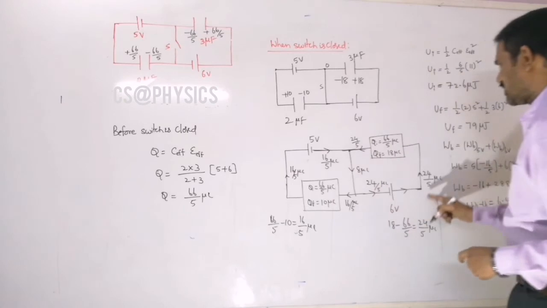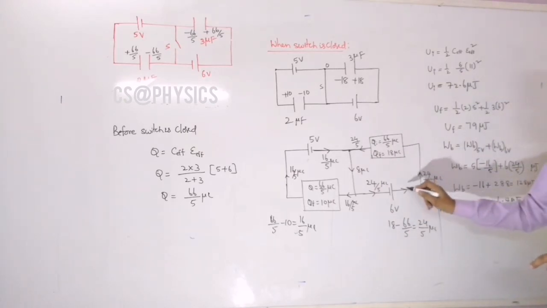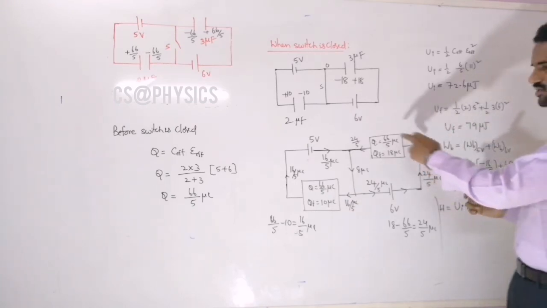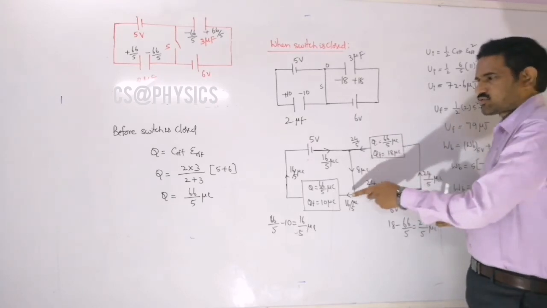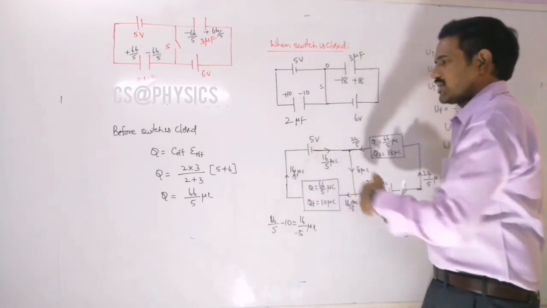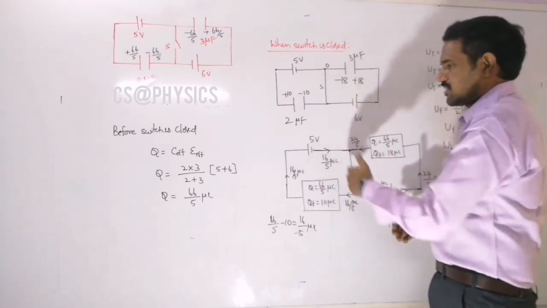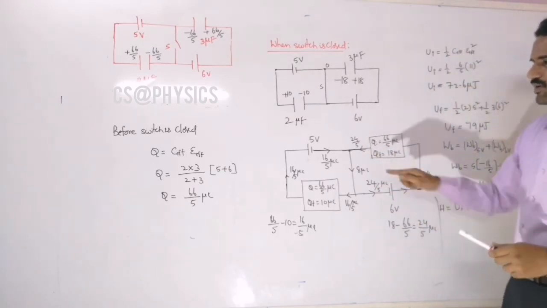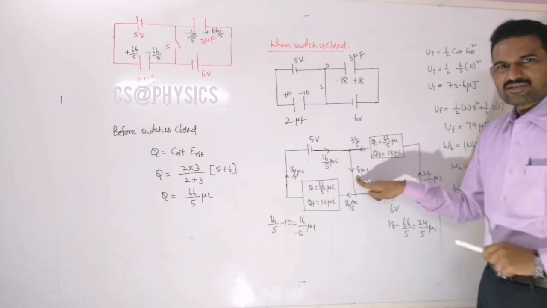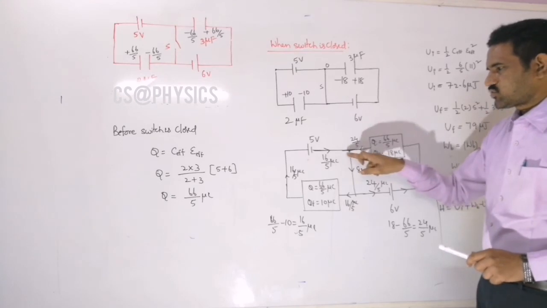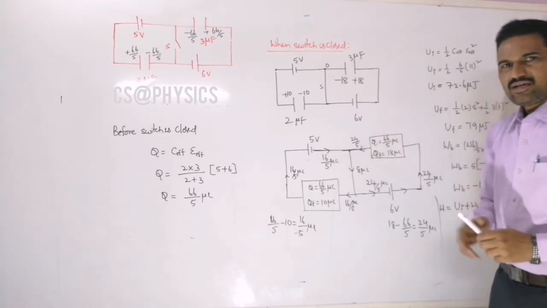So that is the charge flowing to this. This additional amount of charge should flow from the battery to this capacitor, right? And the same charge should come back into the negative terminal. Here this 16 by 5 microcoulombs is entering the positive terminal, so the same amount of charge should come out of this negative terminal. So the directions are clear. Now if you apply the junction rule at this point, you will get this charge here. These two charges are entering that junction.